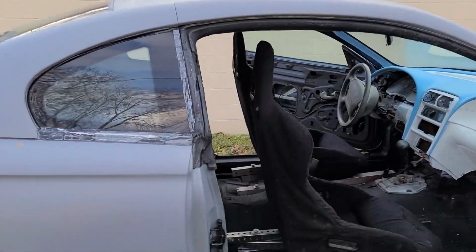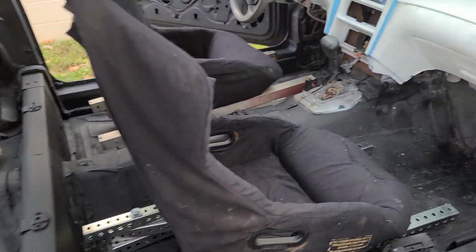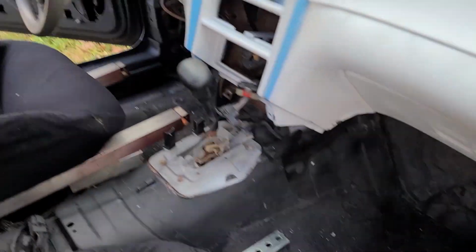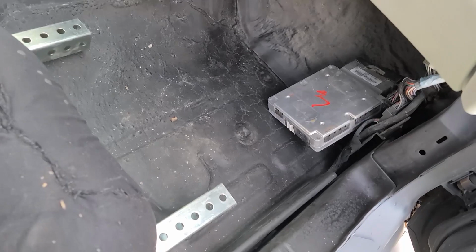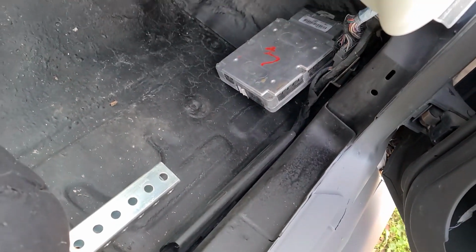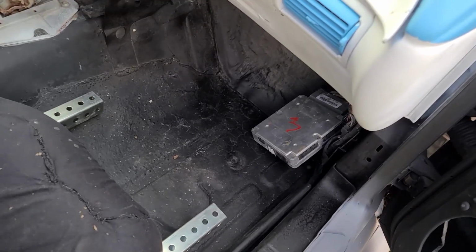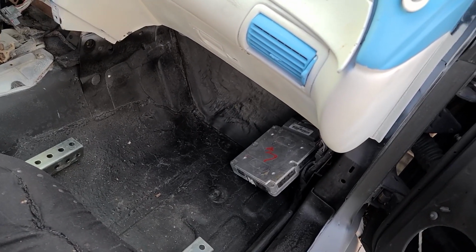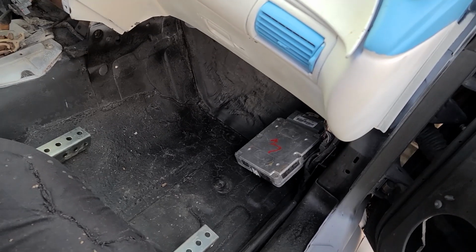And at that point, once everything is buttoned back up at the top and it has fuel, it should start. The PATS key is not correct, so I actually have another ECU from a non-PATS Crown Victoria. So if that doesn't work, we'll be getting a